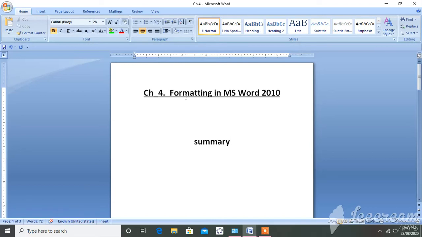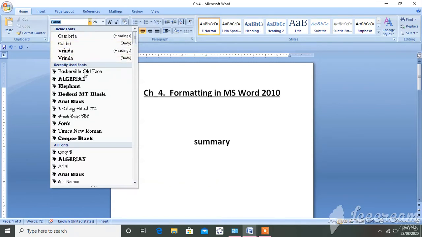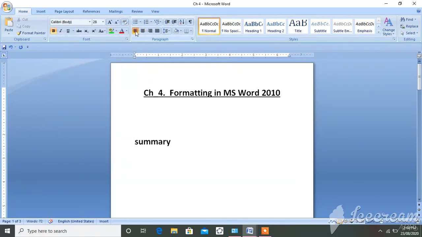Formatting is a character, in is a character, ms is a character, word is a character. Then font means a character design in some way. That designing is called font. See here, so many designings are given. Ready-made designs are given. These are called fonts. And alignment means, see, this is the alignment: left, right and center.